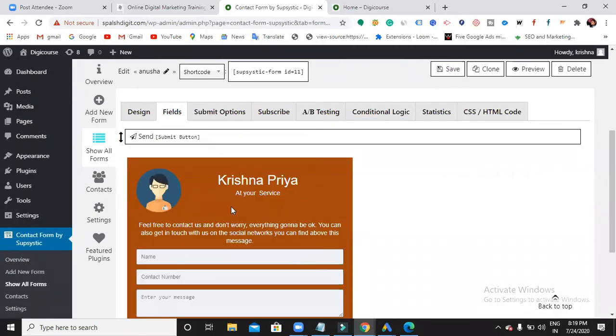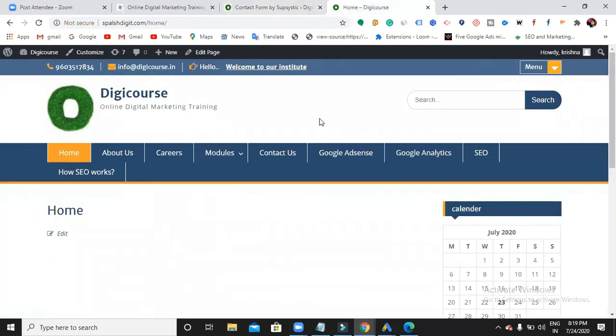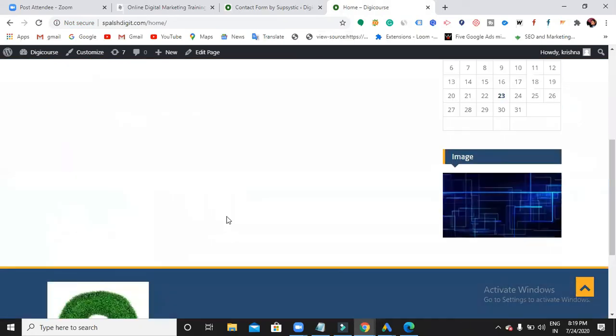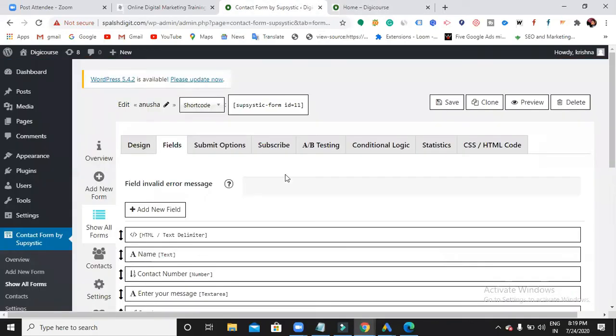So fine. So I finally designed my contact form, and whatever fields are required, I just used them. Right, now where it appears in the website, finally I'm done. It has to be on the home page, right? Yes, it has to be, but now it is not there. So what you have done till now, you just designed and created, that's it, but you haven't specified the place where it has to appear. So now you need to specify.